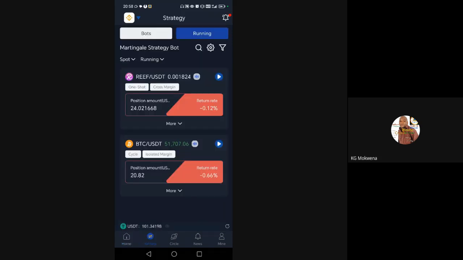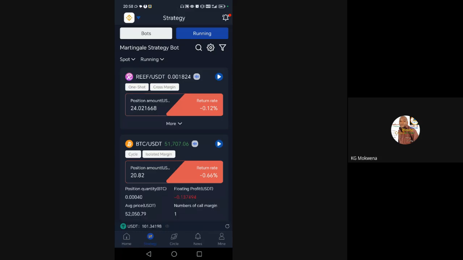Now you can see you have 2 coins. There's Reef that is running there. Already it has taken, the first call has been taken. So $24 has been put into it. If you click on more, you will see the summary